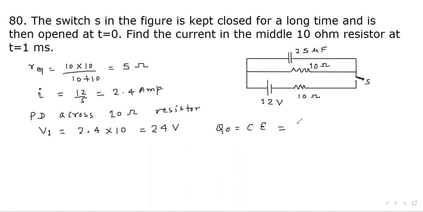So that will be equal to 25 into 10 to the power minus 6 times 24. That is 600 into 10 to the power minus 6 coulomb. Now, during discharge, because switch is opened at t equal to 0,